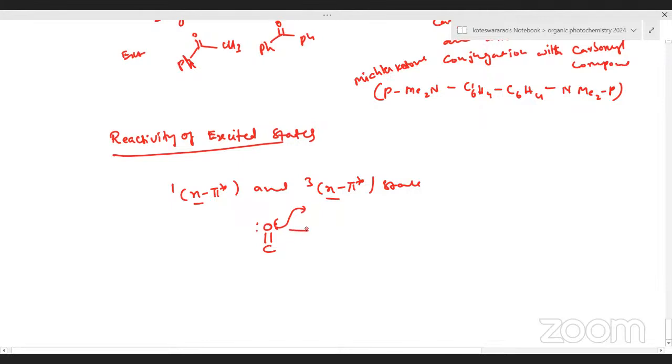Therefore, the electron density on this oxygen decreases. Once the electron goes into the excited state, only one unpaired electron is on the oxygen. Therefore, it behaves like